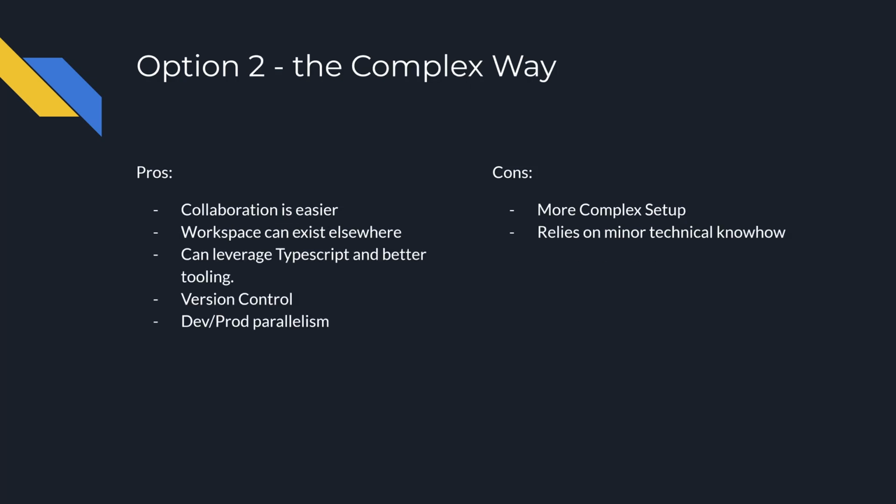Option 2 is the complex way, which I will be showing you both, by the way. The pro of this is, obviously, like I said, version control is a thing, but first of all, collaboration is easier, and we'll get into that when we start sharing our package via Git or GitHub. The workspace can also be decoupled from the file system a little bit, which is to say that, in my setup, I'm going to have the workspace that we'll be working on my D drive, completely different drive, but Tabletop